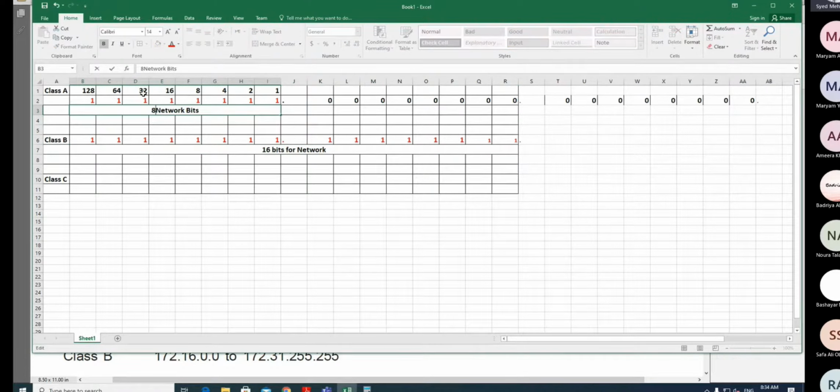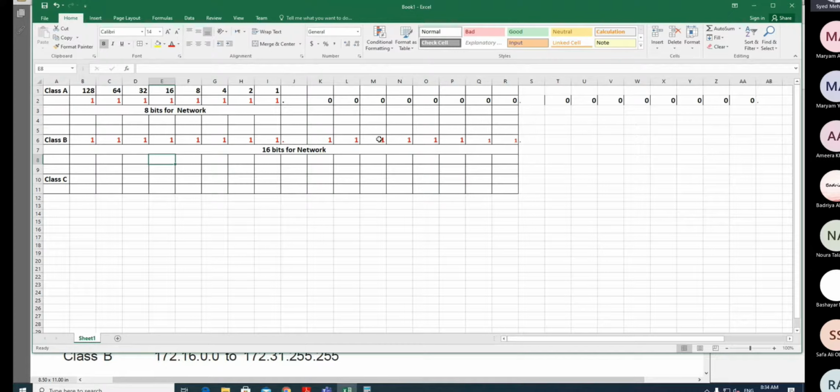But in class A, it is only 8 bits for the network. So 8 bits for the network in class A and 16 bits for the network in class B. That is why we are writing here